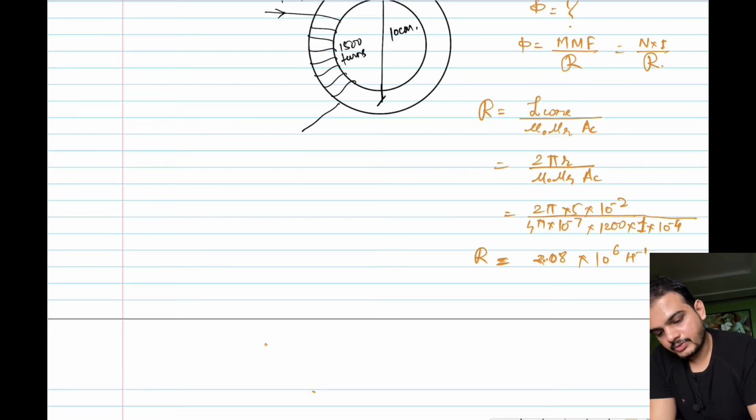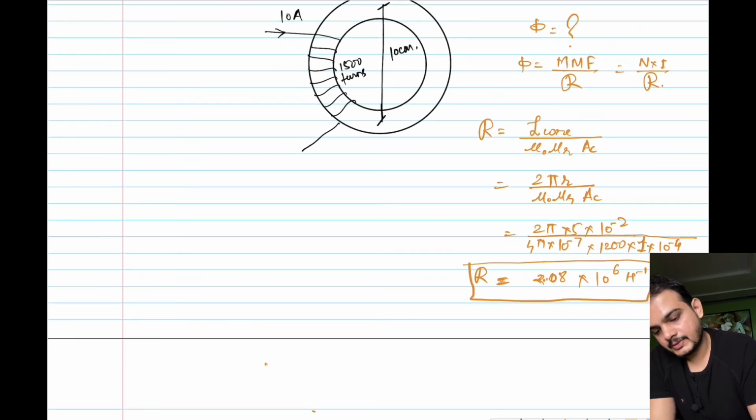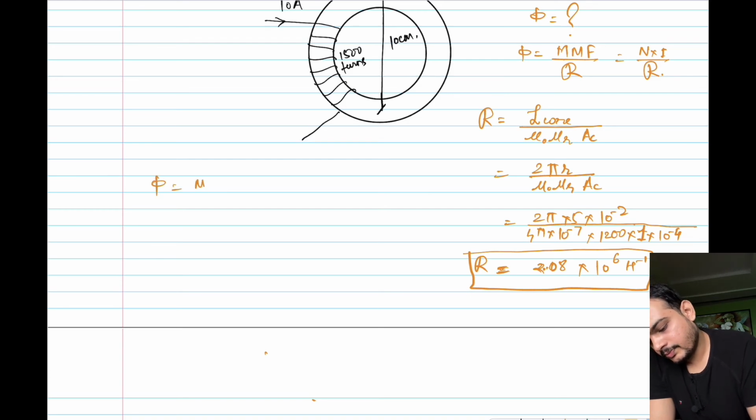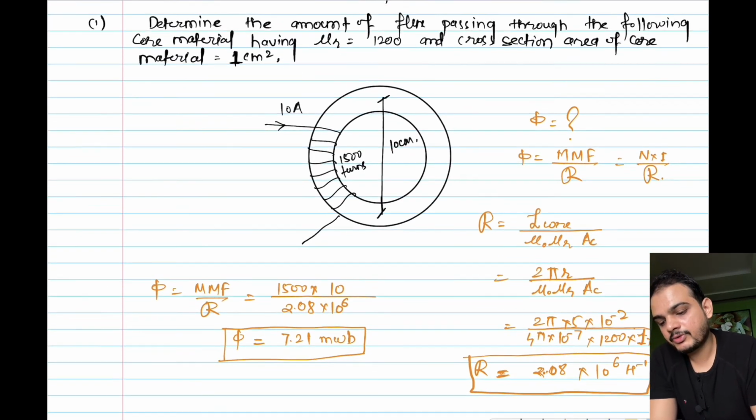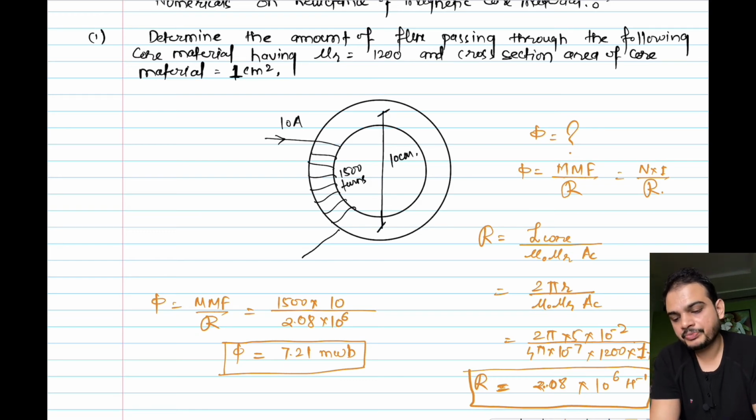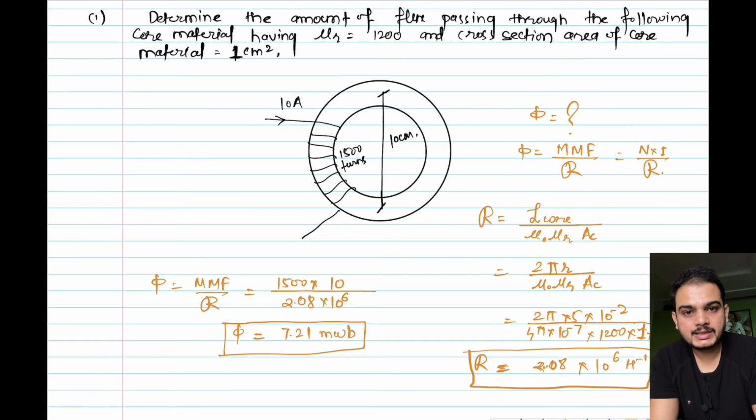This is the value of reluctance. Now we know that flux is equal to mmf by reluctance. The mmf is the number of turns, 500, into 10, divided by the reluctance value of 2.08 into 10 to the power 6. So the value of flux we get is 7.21 milliweber. This is our answer, because they are asking to calculate the total flux passing through the core material having mu r equal to 1200 and cross section area of 1 centimeter